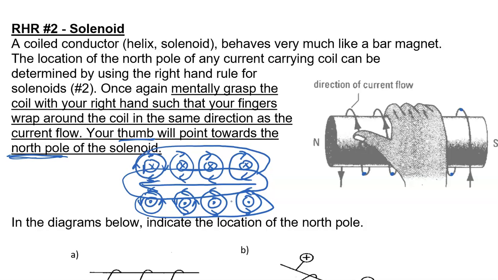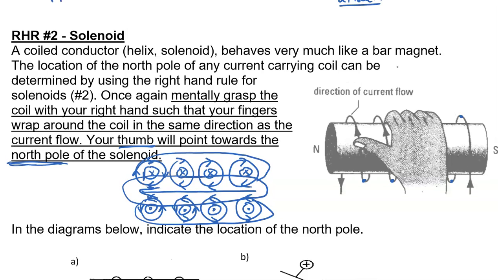We're literally causing this piece of metal to become a bar magnet because we're running a coil of wire around the outside of that piece of metal. This is known more specifically as an electromagnet. And if we were in class, what we would be doing is I would give you a coil of wire around a bolt or a large piece of metal, and we would then connect it to a power supply, probably just a battery, and then you would just take that bolt and you would touch it to paper clips, and you would be able to pick up many paper clips because we formed an electromagnet using this discovery that Ampere had for us. So again, let's go over the rule.